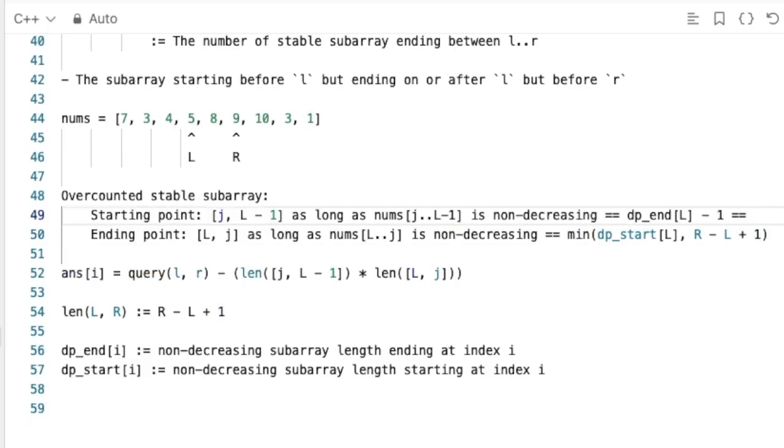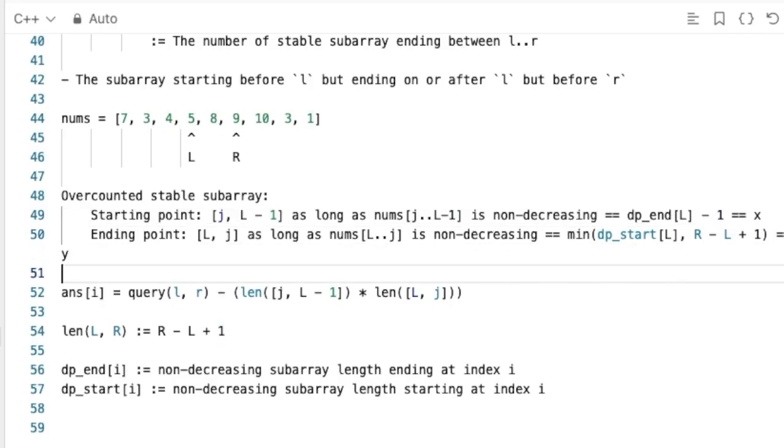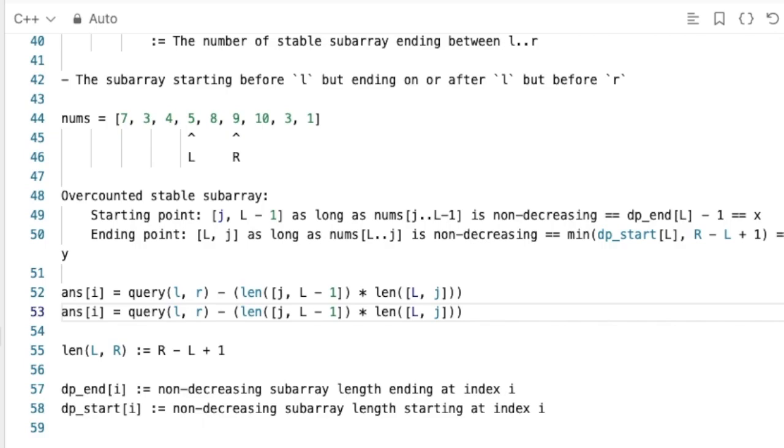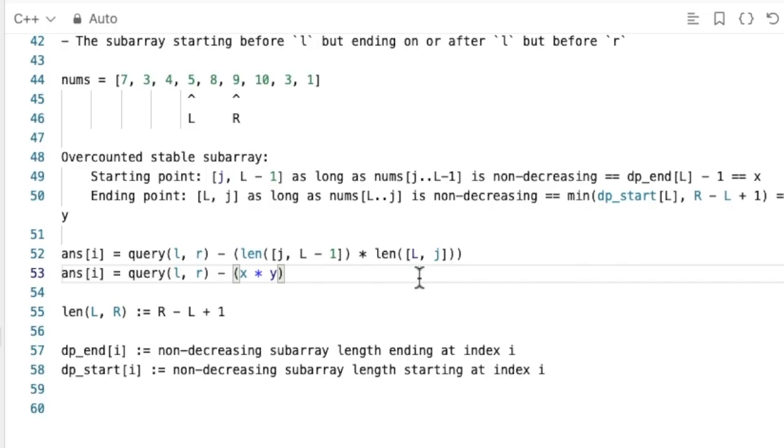So let's just make it as X, and let's just assign it to Y. And then once we have that, we can just do X and then Y. Let me clear out that. Okay. So this is the answer, and all the thing can be done in O(1). Yeah, and that's pretty much all for the